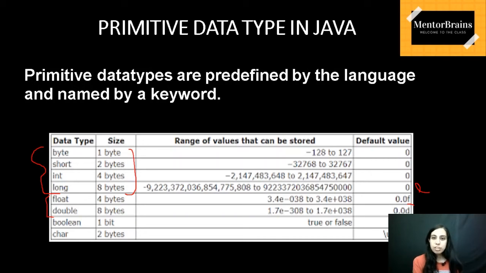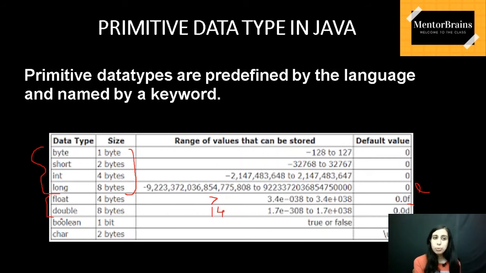Now there is one more difference between float and double. The float data type has a precision of 7 places. That means when you are writing a value after the decimal point, the number of places will be 7. For double, the precision is 14. So for float, the precision is 7, and for double, the precision is 14. That means when you are storing a variable using the double data type, after the decimal point there will be 14 digits. Okay, so this is the difference between the two.